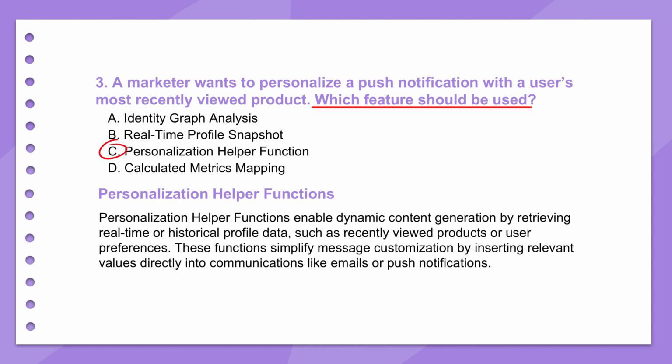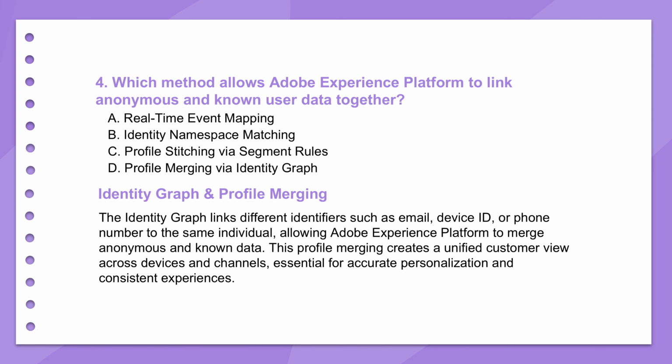Now, to make all the seamless personalization work, you really need to have a unified picture of each customer, right? Question 4 addresses this. How does Adobe Experience Platform bring together anonymous data and known user data? Okay, this is where the identity graph comes in. Imagine maybe a detective piecing together clues to identify a suspect. The identity graph acts kind of similarly. It connects all those digital breadcrumbs, website visits, app usage, emails, even offline interactions to form a single complete picture